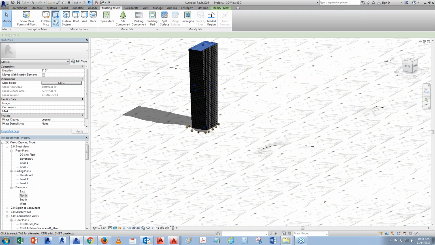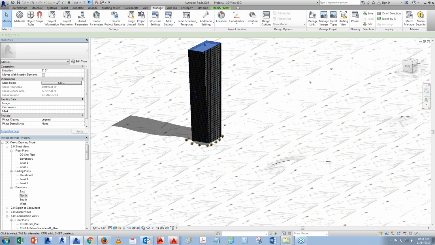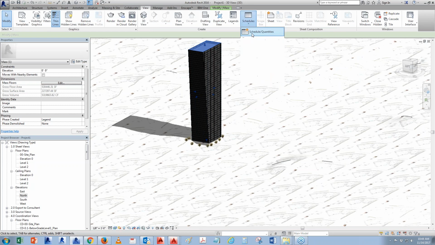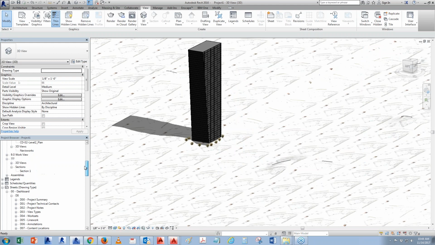Okay, the same thing with the curtain wall system. So you select the curtain wall, place it in there, and then the curtain walls are pretty much set up. Next thing you want to do, finally, if you want to get a schedule out of this, go to view, click on schedule. Okay, and then you go into the massing, and you can say massing floor. Once you have that, then you have this sort of a data